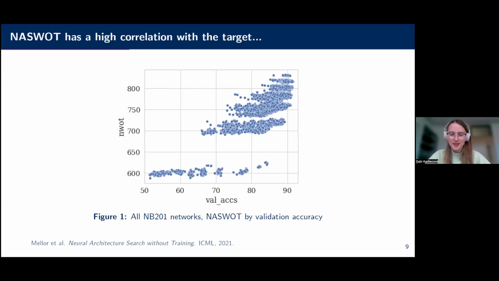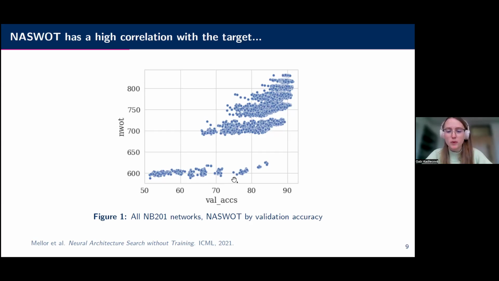All right, but why do they work? Some of you may already have seen this nice scatter plot. On the x-axis is the validation accuracy, the y-axis is the NASWOT score, and it's all the networks from NAS-Bench-201. As you can see, the correlation is quite good. Good networks with a good validation accuracy have quite a high score, and it just overall looks good, except for the clusters.